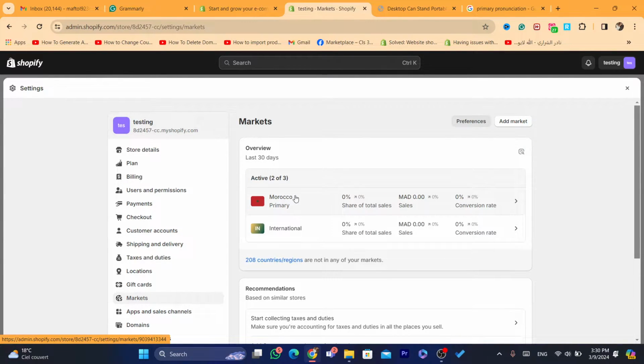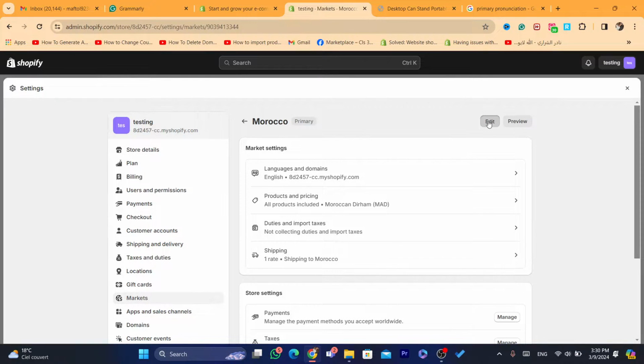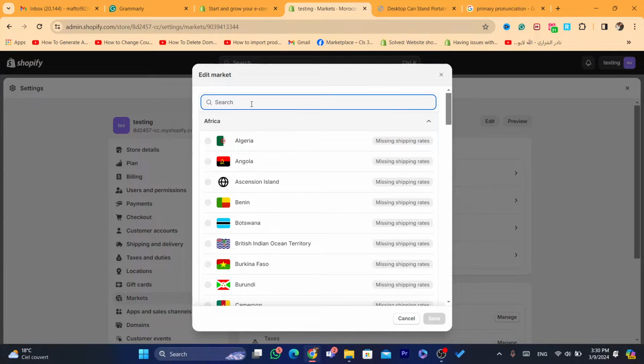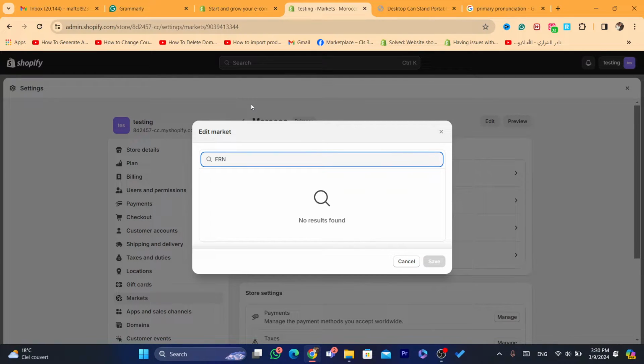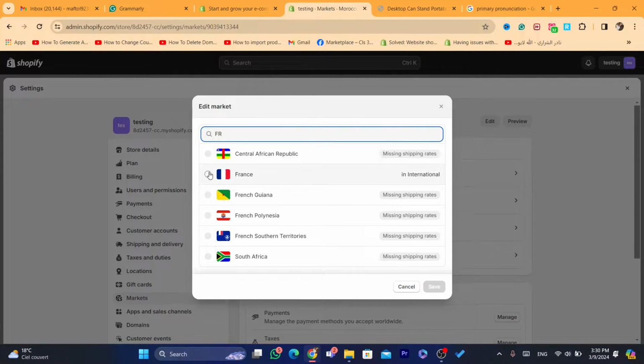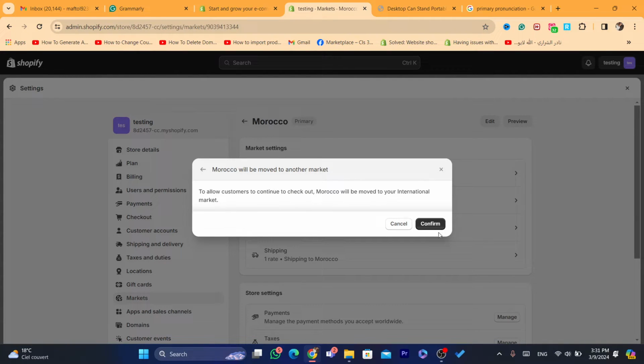market. Just click on here, as you can see, or you will see here the country name. Click on it, and then you want to click on edit, and then here you want to select which country you want to change to. So I would like to change from Morocco to France, and as you can see, France is international market, so your primary country is going to move to your international market, and then this country will be your primary country. Click on save, click on confirm,